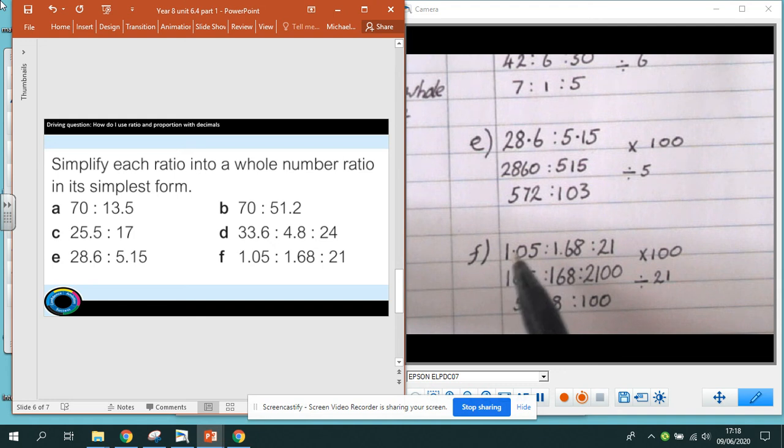And lastly, 1.05, 1.68 and 21, which again I had to multiply by 100, gave me these numbers. When I started looking at 168, I got 21 as a factor. When I got 21 as a factor, I just divided them all by 21, which gave me 5, 28 to 100, and there's nothing much I can do with those. So those are the numbers